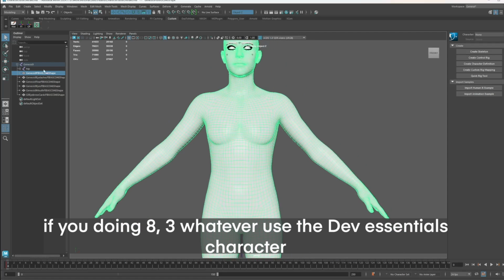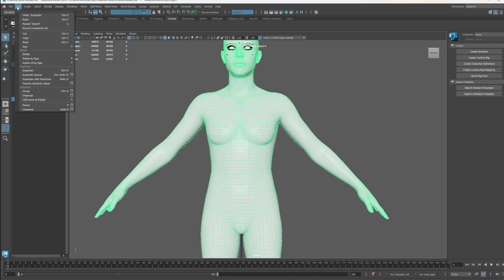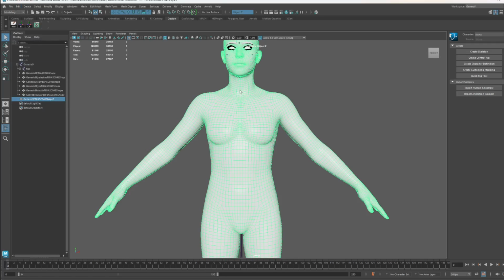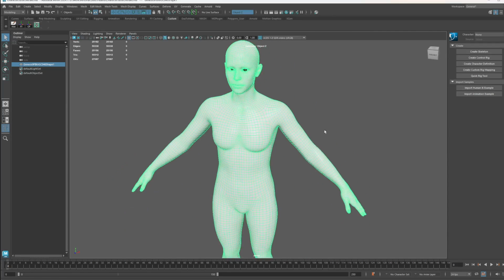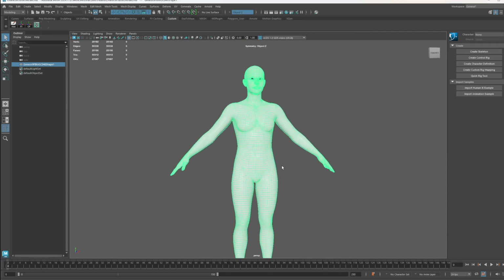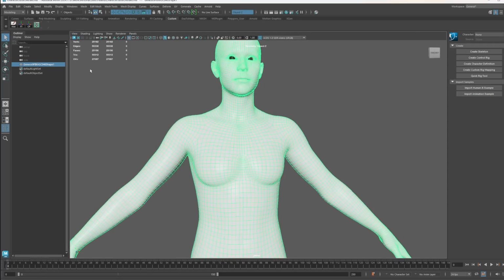From there, I'm just going to take the body. I'm going to duplicate the body, and I'm just going to unparent it. And then the rest of this I can just delete. So I've just got the duplicated mesh, no skeleton, nothing. If you got the OBJ, you don't have the skeleton anyway. Just make sure it's one piece. From there, you can just start selecting faces.